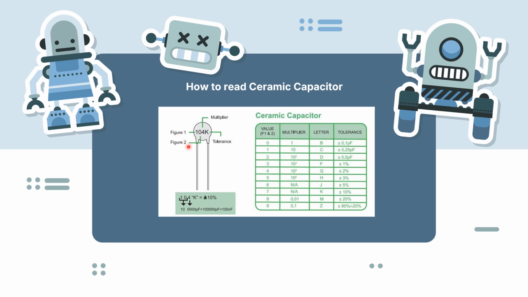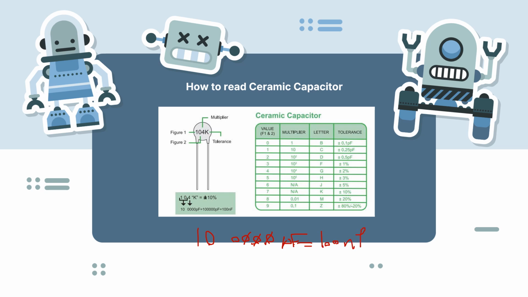And it is like this: the first and second numbers are written directly, and the third number indicates the number of zeros, and the capacitance is calculated in picofarads. The last letter here, a K, indicates the tolerance of the capacitor. For example, here it is 1 0 4, which means 1 0 followed by 4 zeros in picofarads. So we can say, if we remove 3 of them, we can say 100